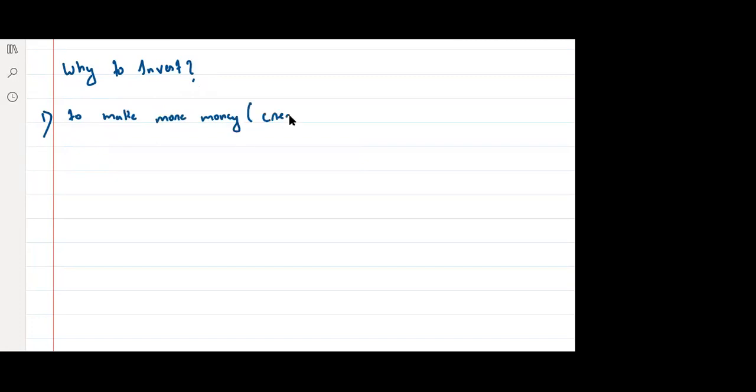Why do you need wealth? For lots of things. For example, suppose you want to buy a house, or you want to go on a world trip,